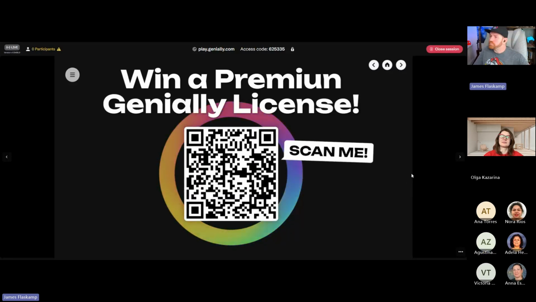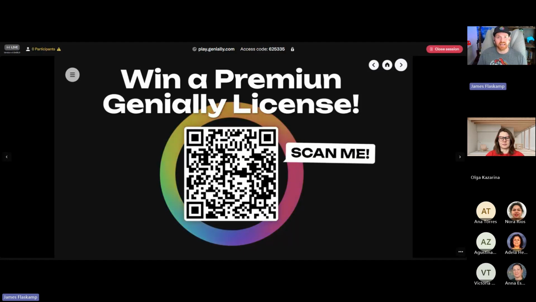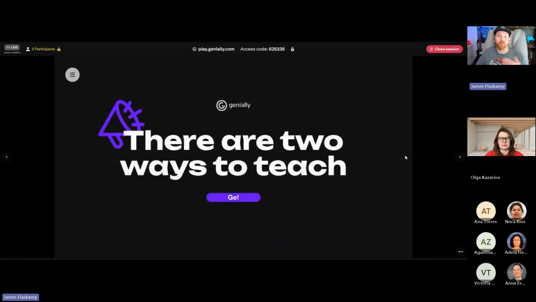Like I said, this is Activate Star Mode, and we're going to be getting into that in just a couple of minutes. There are two parts to this session today. The first part is an introduction to Genially. If you're not super familiar with Genially, haven't heard too much about it, or just haven't used it in a while, I'm going to give a little bit of a demo so you can understand what Genially is and what we do. Then we're going to jump into some practical use cases, taking things you might see in a classroom and seeing what you can do with them with Genially.